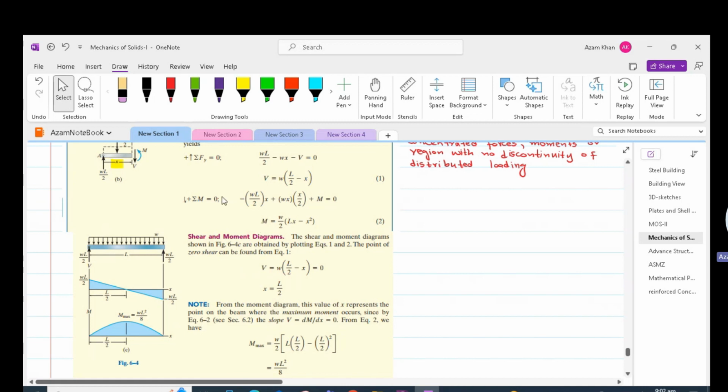Similarly, we can draw the moment diagram in accordance with our equation. At x is equal to 0, our moment is 0. So the moment will start right from 0 point at the left support. We can put the value x is equal to L by 2 and get our maximum moment whose magnitude is WL square by 8. From point